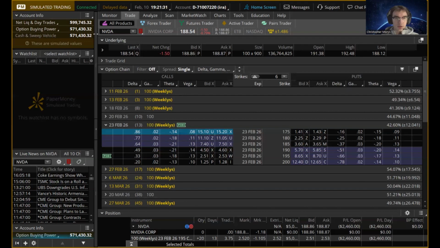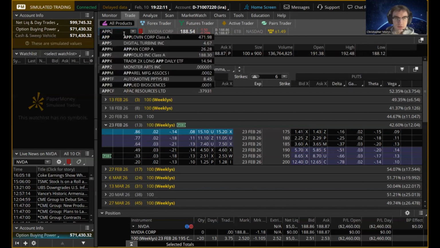All right. So right now our underlying security is NVIDIA. And actually, I'm gonna use this sheet that we got in class. I'm gonna just basically go through the first four problems. The first one: buy one contract on Apple expiring on February 13th with a strike price just north of Apple's current stock price. So go here, search